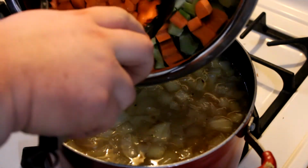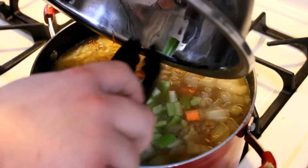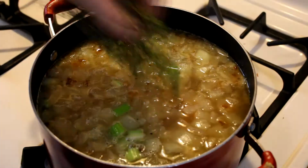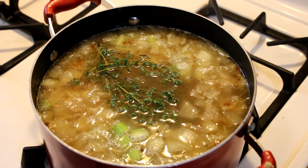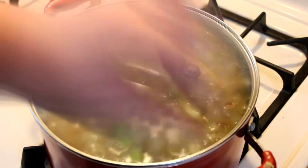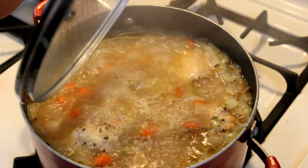So once all those chicken thighs are added into the soup mixture, it's time to add in our celery and carrots. Mix it all up to incorporate those flavors. To that, I'm going to add about 6 or 8 sprigs of thyme. I kind of forgot exactly how many I added, but between 6 or 8 should do you fine. Reduce the heat, cover the pot, and let it simmer away for 25 to 30 minutes, or until the chicken is tender and just